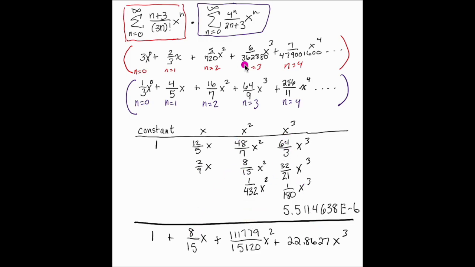Now, when I took the n equals 3 term from the red series and multiplied it by the n equals 0 term, that gives me an x to the third. I don't need to go any further. Now, when I multiplied the n equals 3 term of the red series by the n equals 0 term of the purple series, the number is super, super small, where it gave it to me in scientific notation. Then once you have all your terms laid out, you group them together and add like terms,